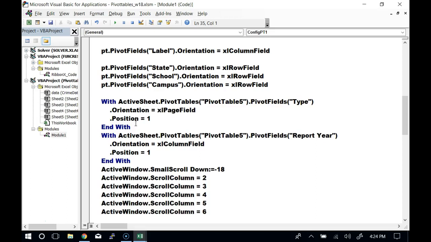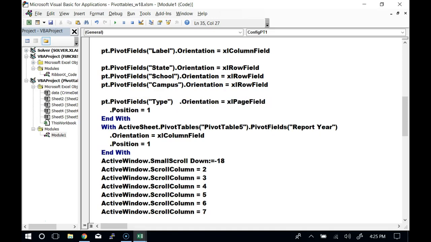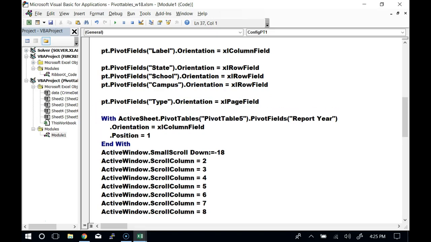Oh, this next one is really similar as well. So we're going to refer to the pivot table, and the field called type, make the orientation a page field. And we've got that one pulled down as well. What are we doing here? Pivot table, pivot 5. Oh, here we brought the report year in as another